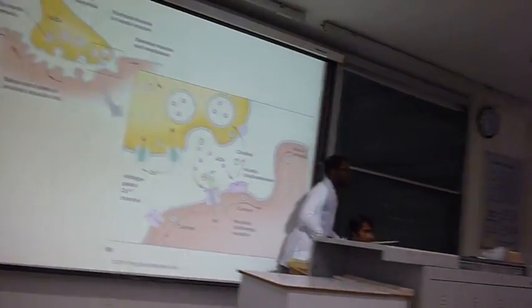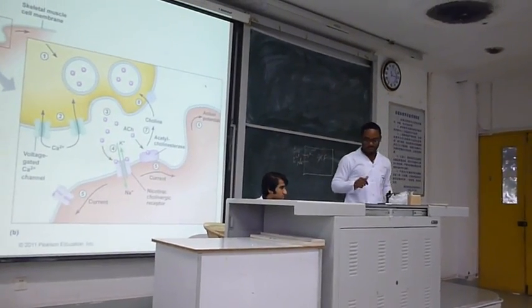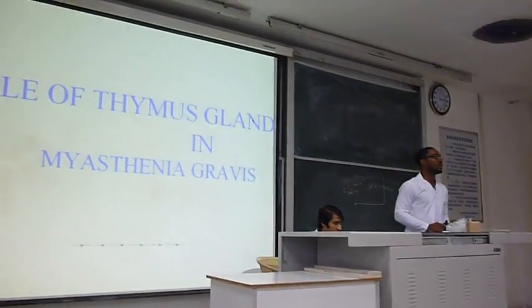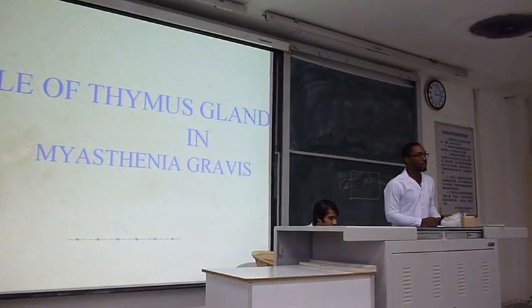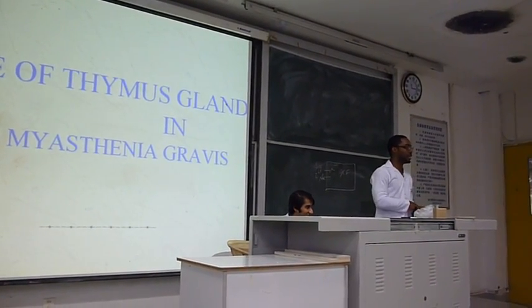That's all about the sequence involved in neuromuscular transmission. The next question is the role of the thymus in myasthenia gravis. At this point, I'd like to call on Mr. Danny to come out and give us